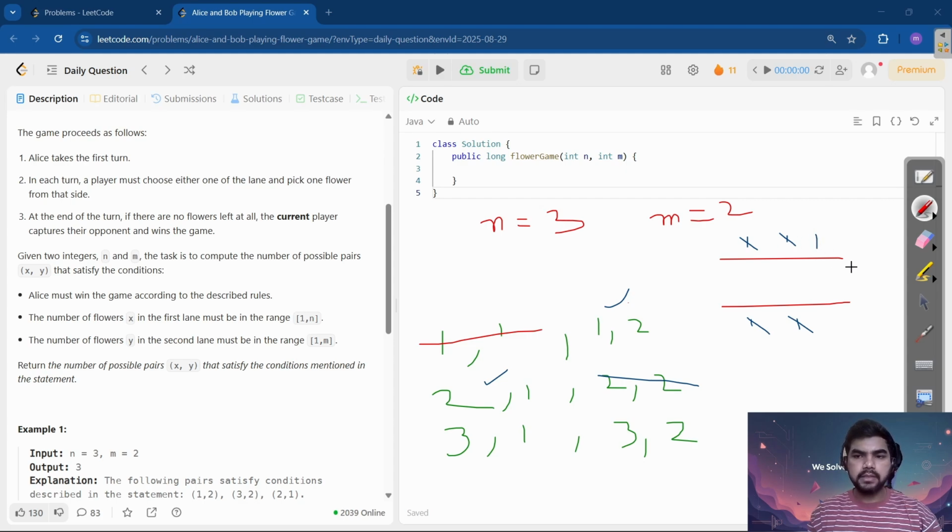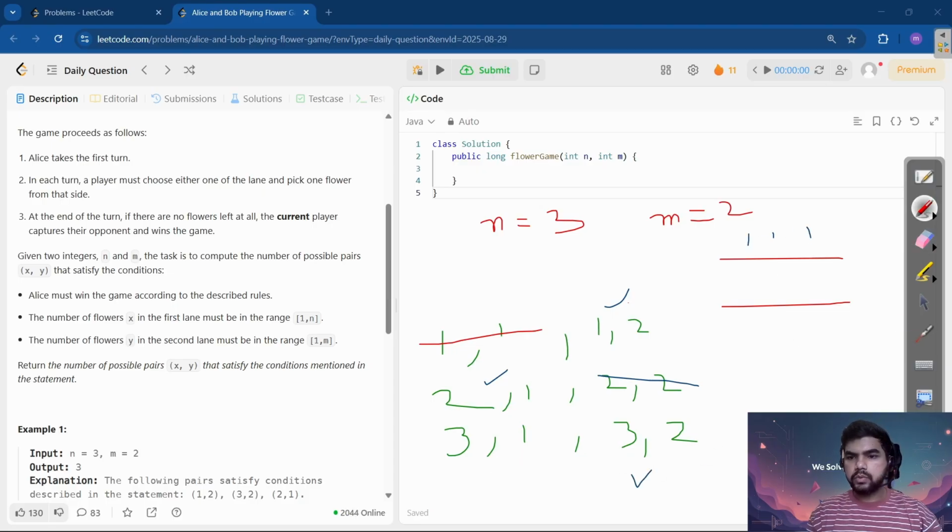Okay. In this case, see, first Alice takes this, Bob takes this, Alice, Bob. And then the last one is Alice. So this one is also right. And 3 2, correct. We'll check for 3 2 also. Sorry, this was 3 2 and 3 1 we need to check. But 3 1 I don't think it's correct. Actually this was 3 2